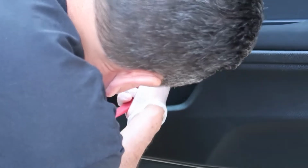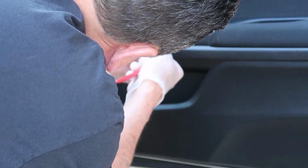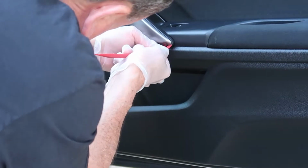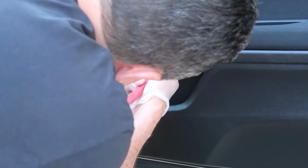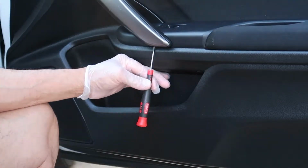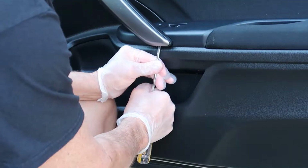So I realized that wasn't going to work, so I used a plastic panel removal tool, and it was just too bulky. I couldn't get it into that small little crease, so I quickly realized that that wasn't going to fit either. So I took a closer look at it, and I finally realized that there's actually a very, very tiny little tab that you can get a small flathead screwdriver in, and it fits right here. I mean, it's just a very tiny little tab in there, and you can fit your flathead screwdriver in there